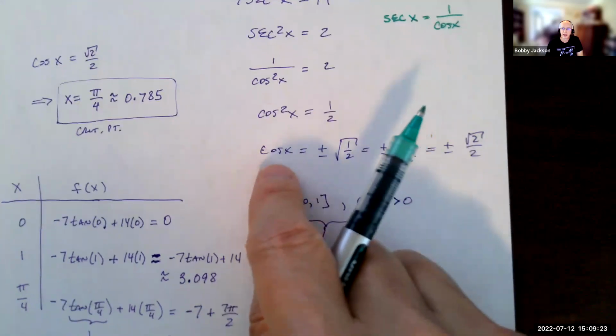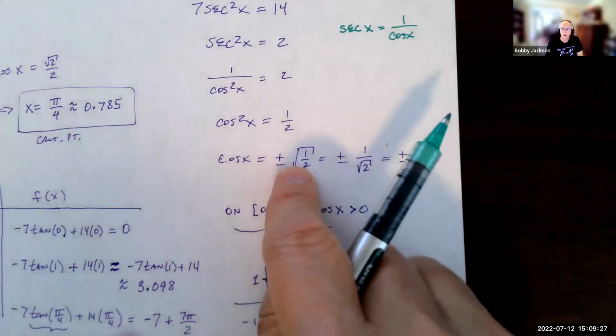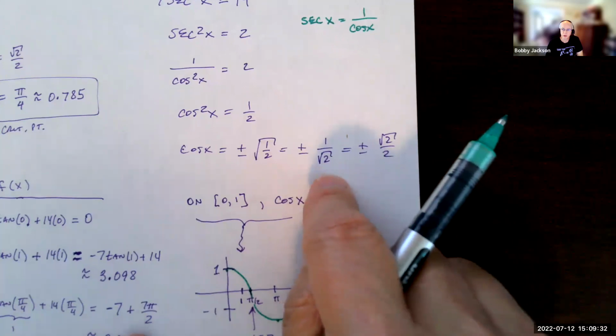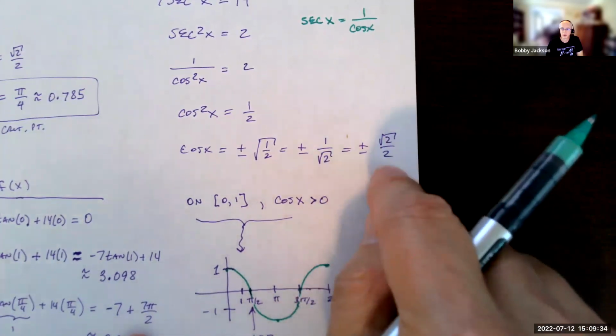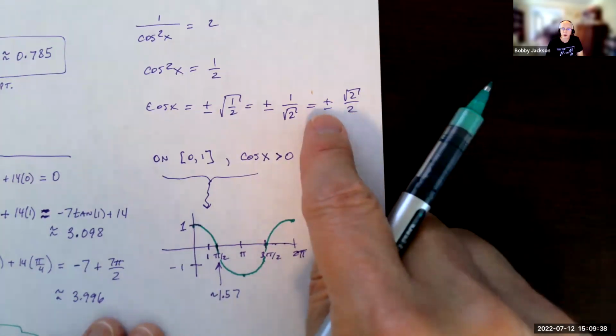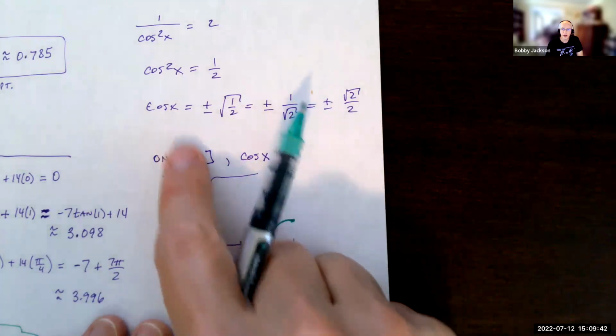a half. Taking the square root, in general, we take plus or minus, right? So we get plus or minus the square root of a half, which is plus or minus 1 divided by square root of 2, which if you rationalize is plus or minus square root of 2 over 2. Should be a familiar looking number. Now, we're actually only going to consider the positive root because on, again, the interval for x being from 0